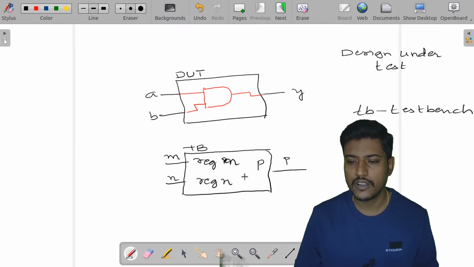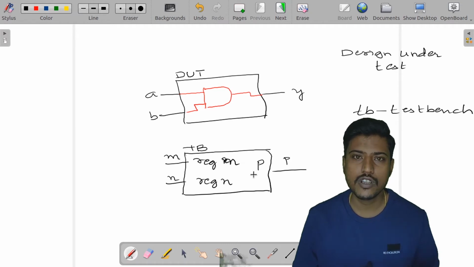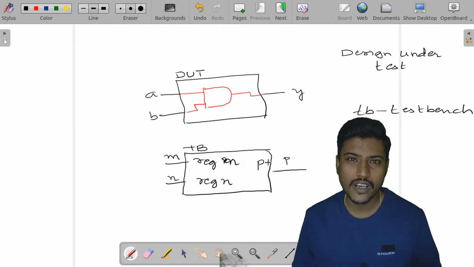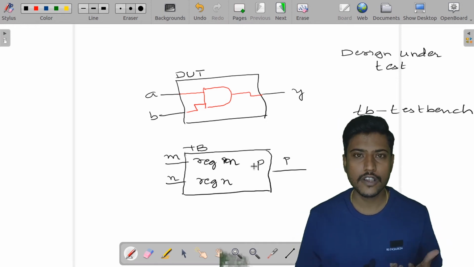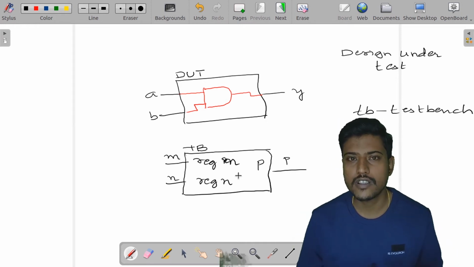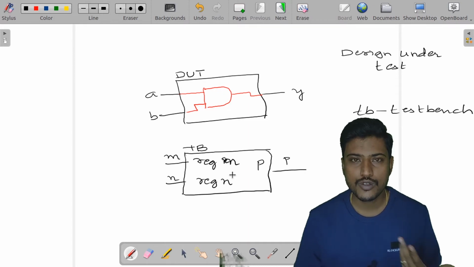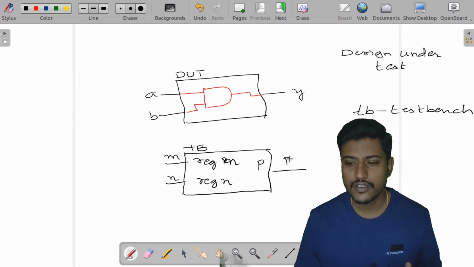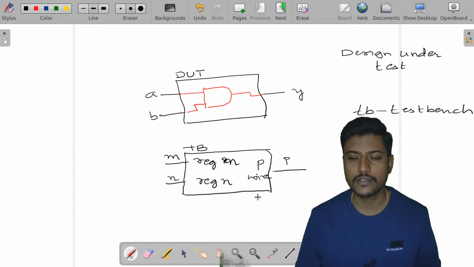In order to see the output I am not storing anything. If I want to store or generate some values, then I need registers. But since I am not storing or generating anything at this output port, I will be naming it as wire.